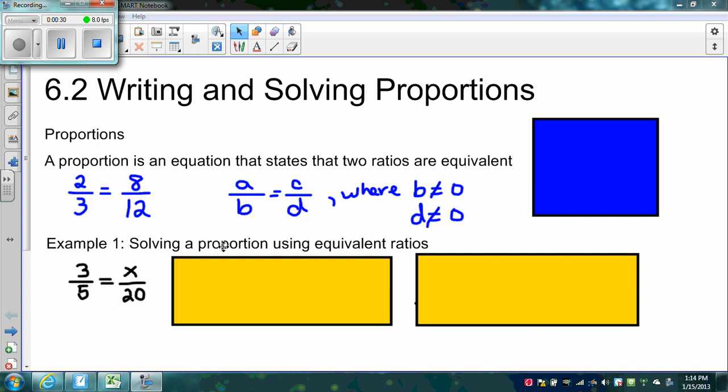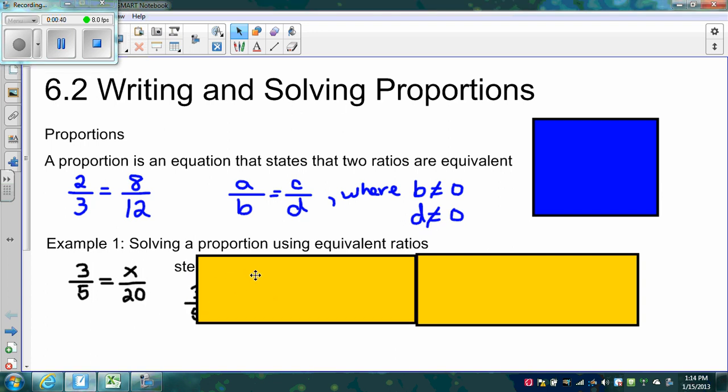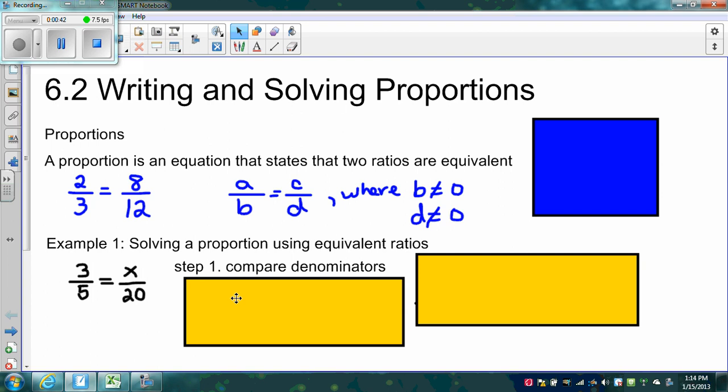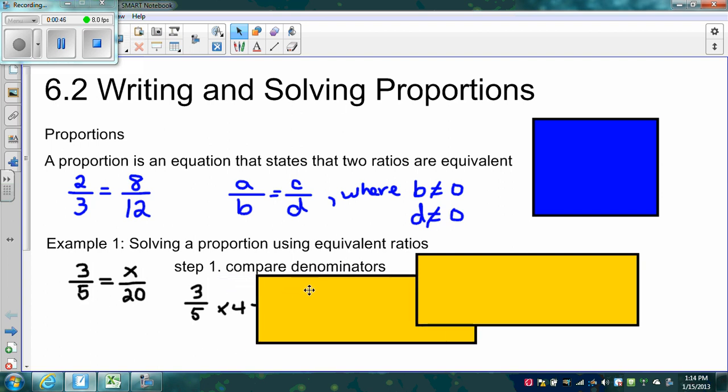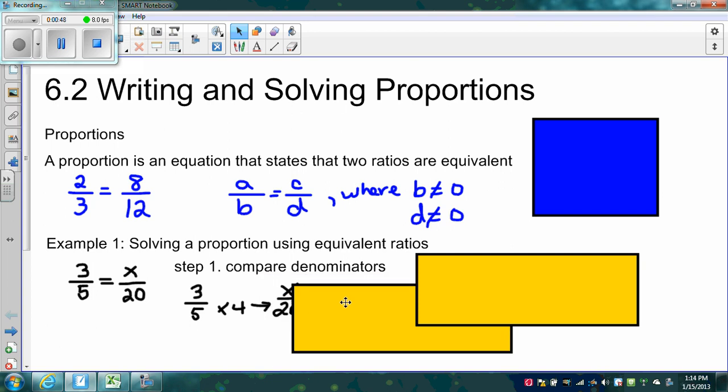So for example 1 is how can we solve a proportion using equivalent ratios? So if I told you 3/5 is equal to x/20, how could you solve for x? Well, step 1, you could compare the denominators, so 5 and 20. Well, we know that we have to multiply the denominator 5 by 4 to get 20. Thus,